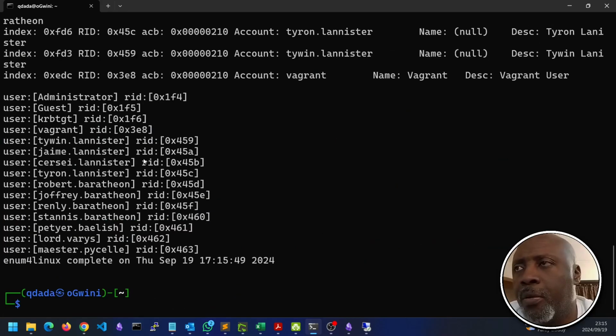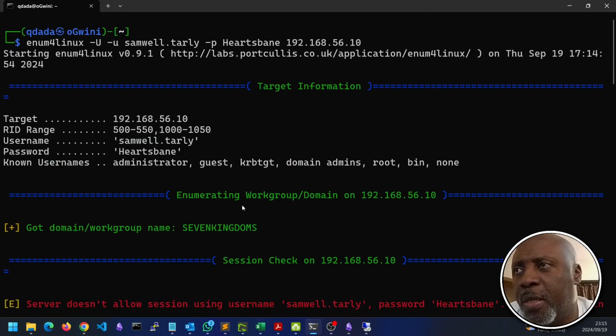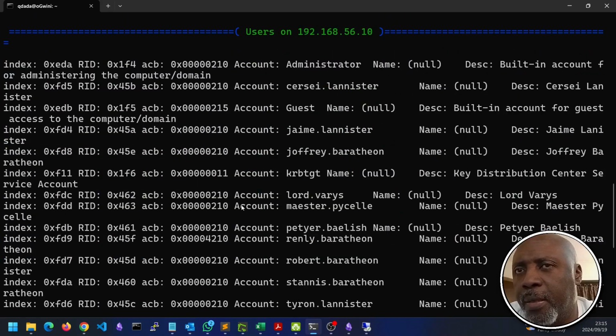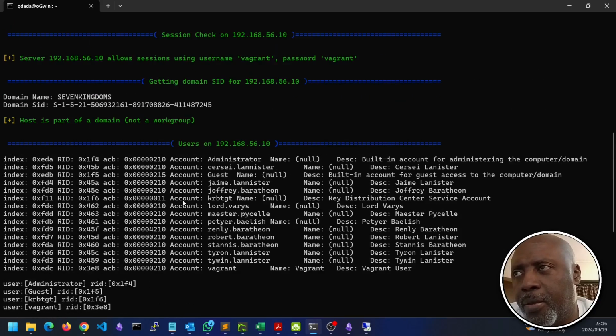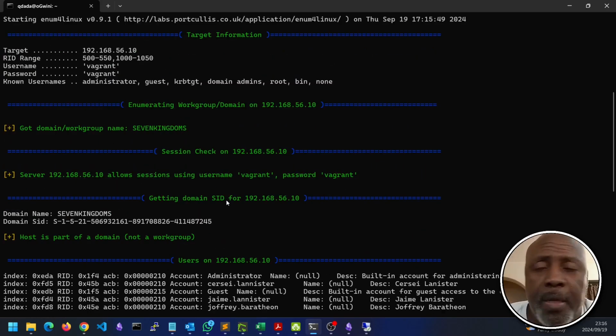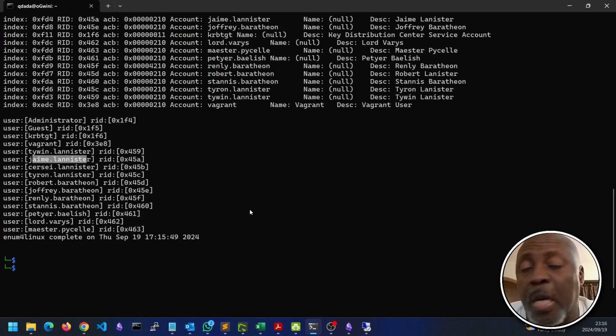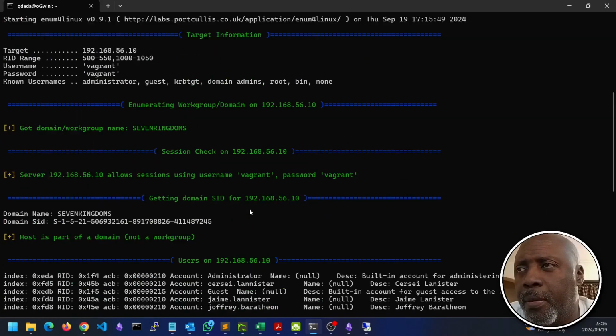Yep, when you give it a username and password that it can actually use, then yes, it can give you a useful list of names. There we've got Jamie Lannister, Cersei, Tyrone, Robert, Joffrey, Renly, Stannis, Peter Baelish, Lord Varys, Grandmaster Parcell. Yeah, so enum4linux is a very good tool. All right,